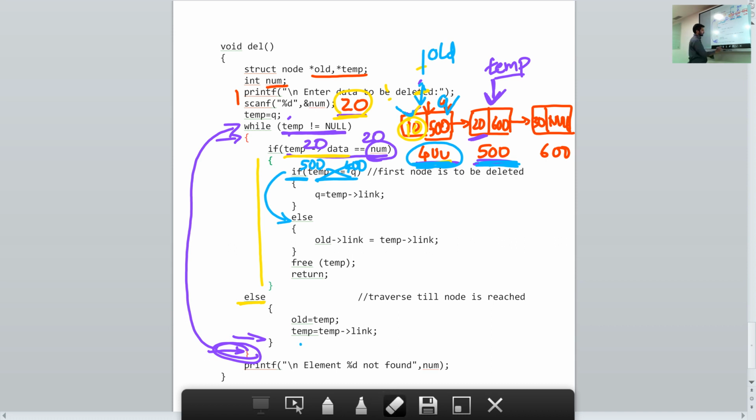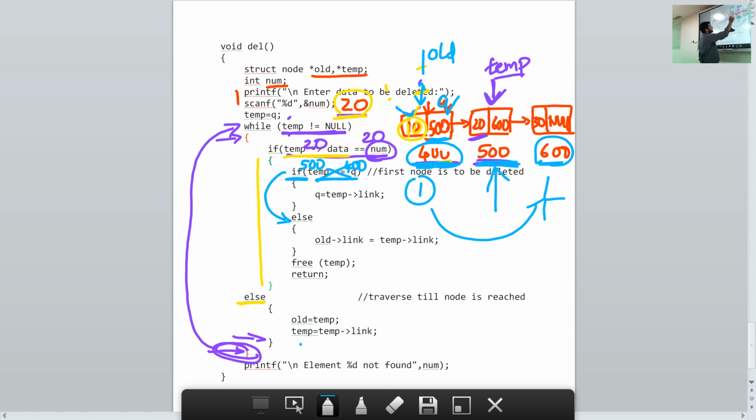So when we go to the else part, what do we do? Since we are going to delete this node, okay, what should come now? If you are going to delete this node, the first node and the last node should get linked to each other, because the middle node is going to get deleted. So if they are going to be linked, what should come in the address part here of the first node? It should contain the address of the last node, that is 600. Okay, right now what is stored? It contains 500, which is the address of the node which we are going to delete.